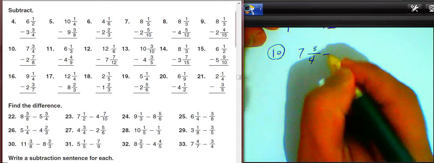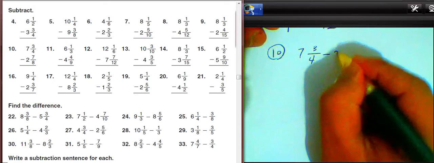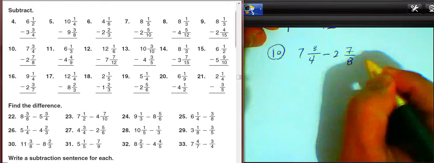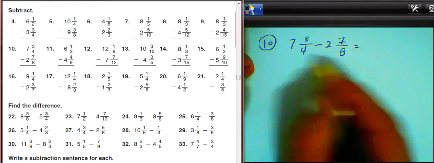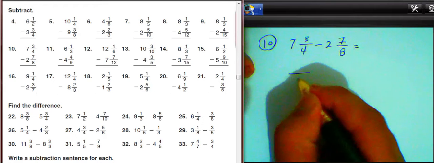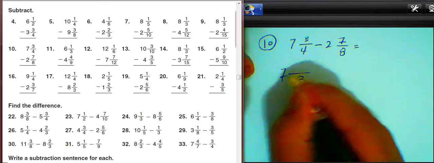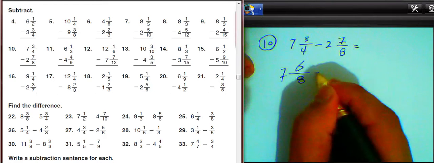7 and 3 over 4. Subtract 2 and 7 over 8. We can solve it by writing the least common multiple of them. 8 can be divided by 4, so we can write it here. 2 times 4 equals 8. 2 times 3 equals 6. Subtract 2